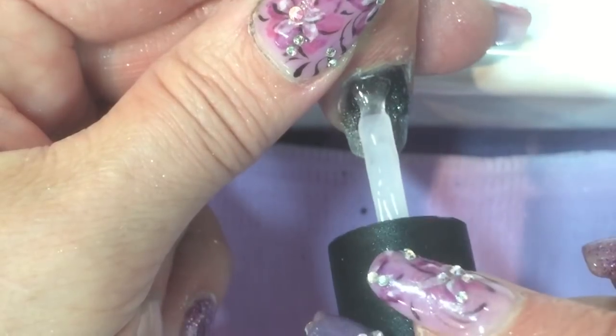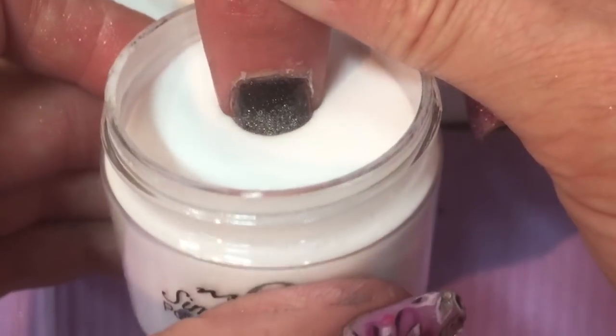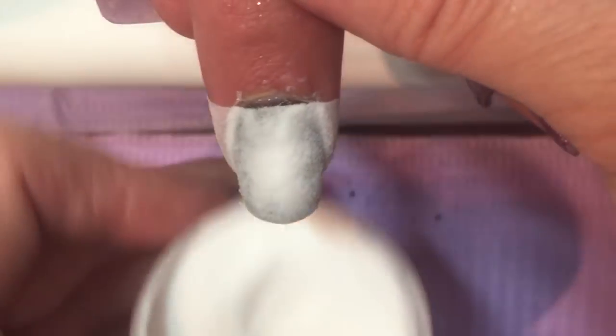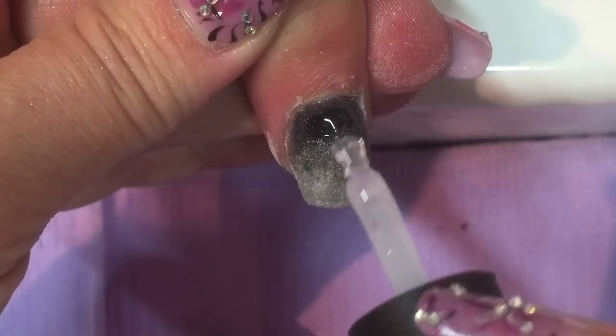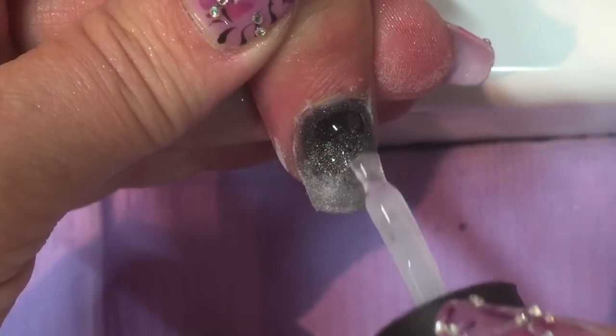Leave room at the margin so that product doesn't build up and you get excess lifting. Take your clear and insert the finger all the way to the cuticle line. Cure for 30 LED or 120 UV. Remove the excess dust. If the nail is flat, you can use the poly base and apply extra to create